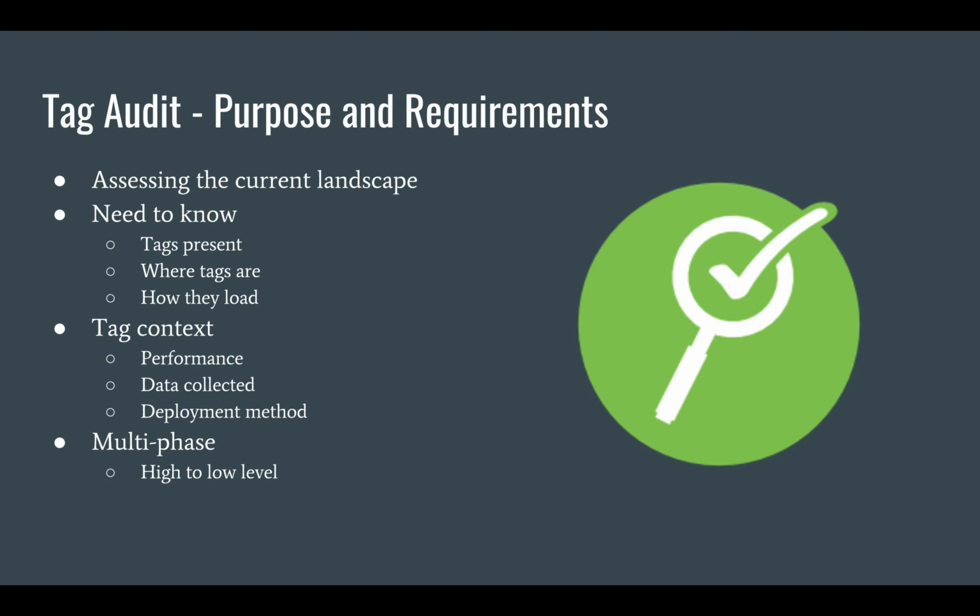Is it loading from the page source? Is it loading through the tag management system? And then on that more advanced level, also where is it loading in the context of page timing events and other tags? One thing I'll be touching on here as we go through the inventory, as well as just generally throughout the process, one thing you're going to want to start doing is really prioritizing the loading of tags. A lot of times when you see any sort of data discrepancy or a page performance issue as the result of a tag,